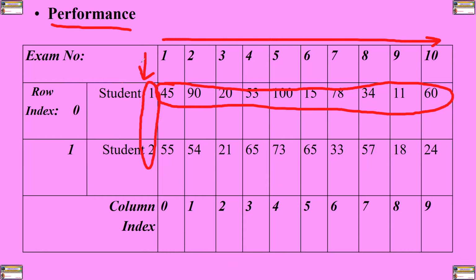It is composed of rows and columns. Our columns contain the scores, and our rows contain the students. On the first row, which I'm calling row index 0, we have student 1 and his or her 10 scores. On the second row, which I'm calling row index 1, we have the second student and the 10 scores attained. When it comes to storing these values in memory,